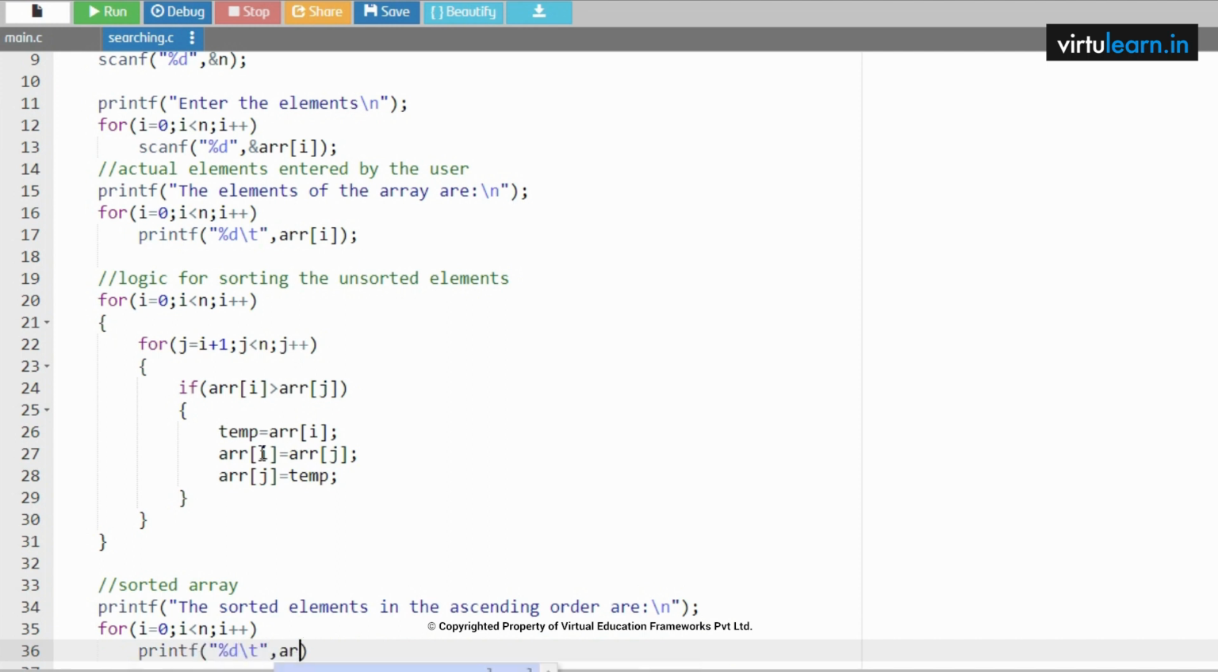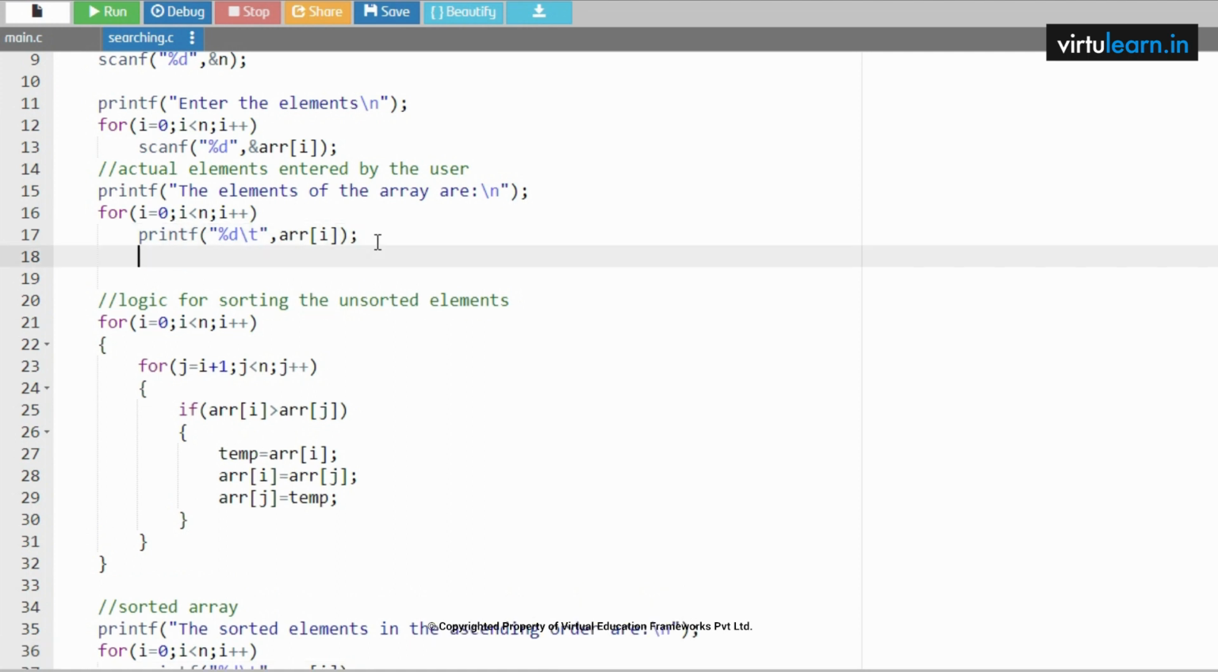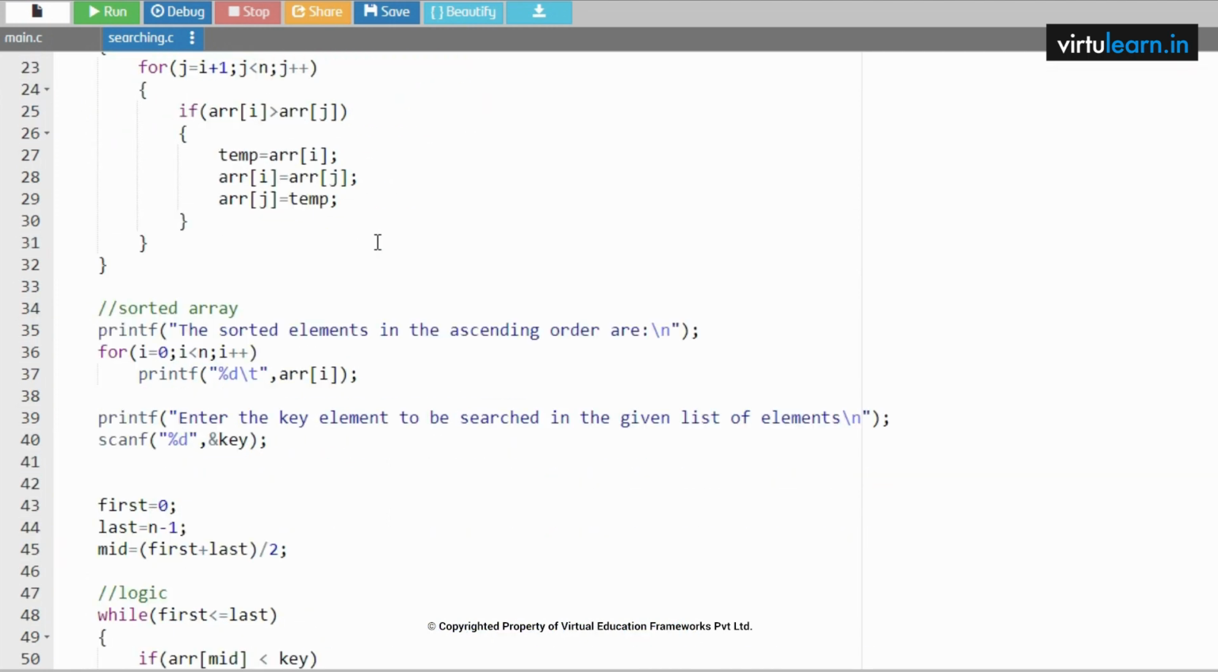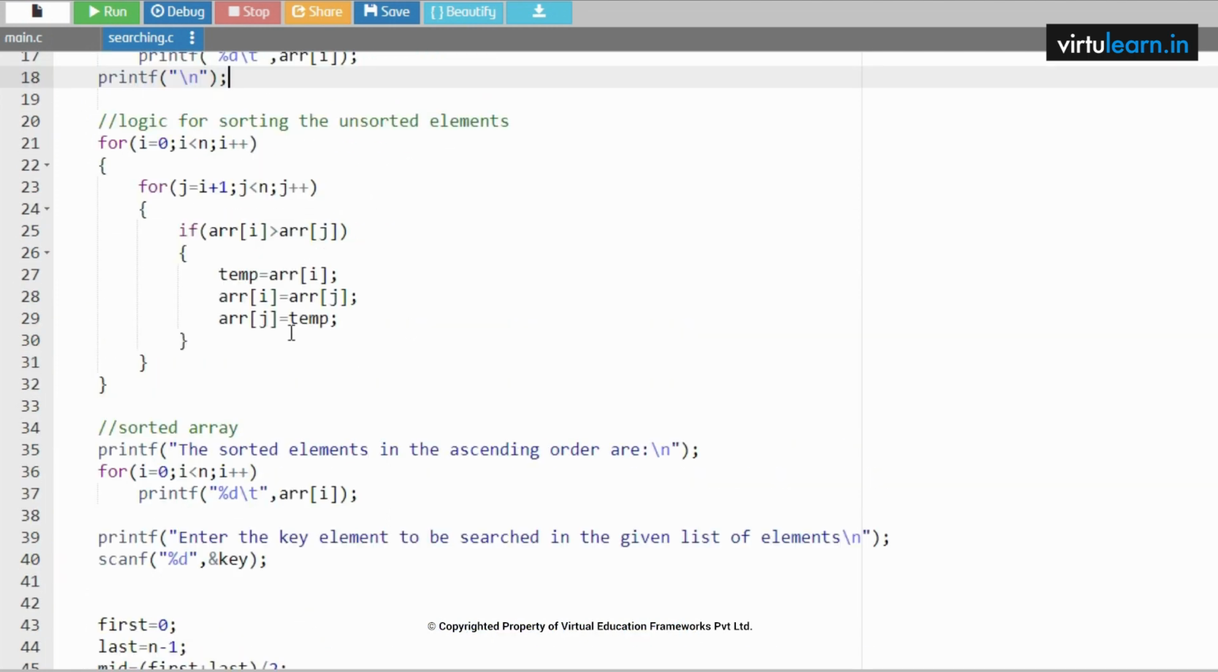%d\t, arr of i. So this will give me the sorted array. Here I will be using one new line because I want to get the output in the new line, right? So this is how we are going to perform the sorting of the elements